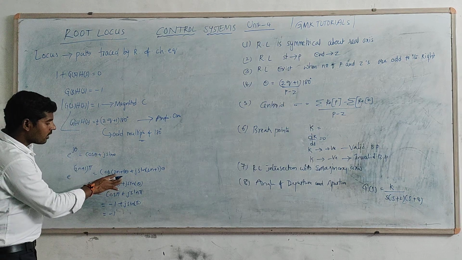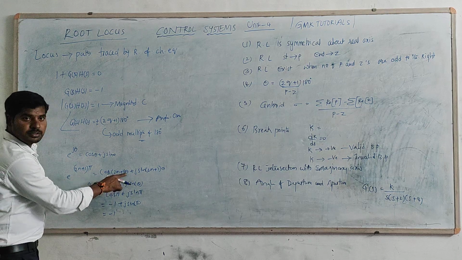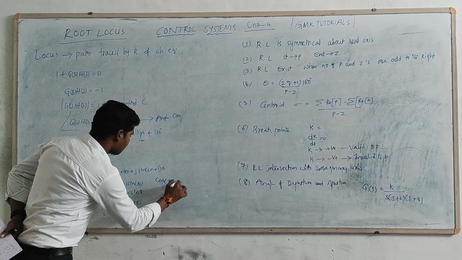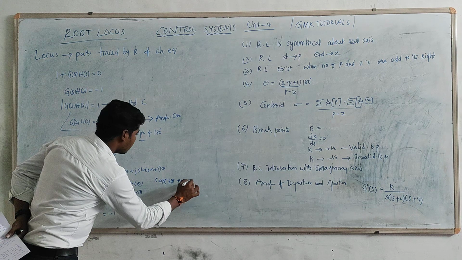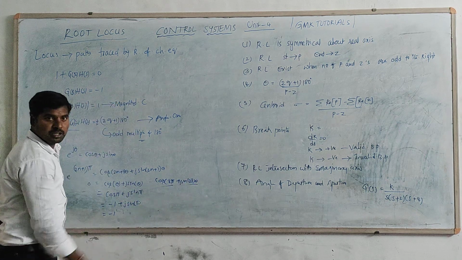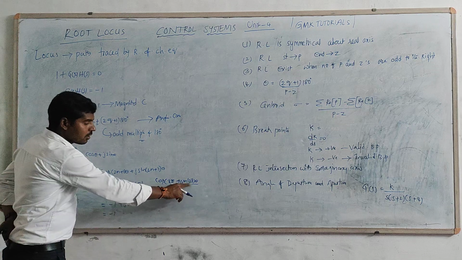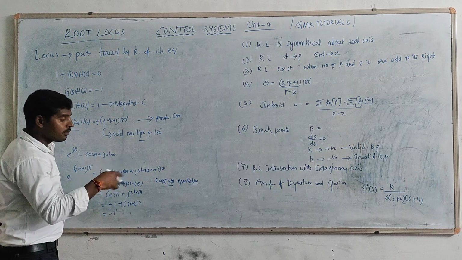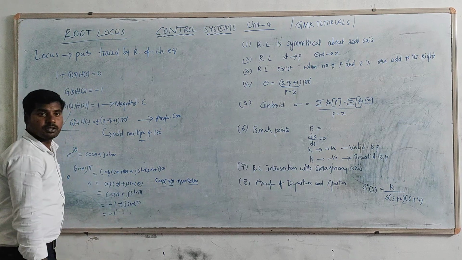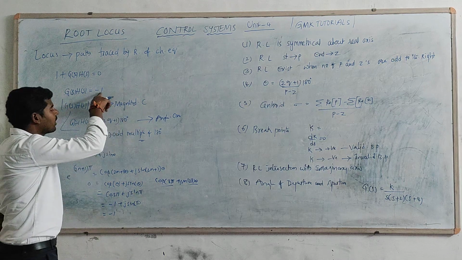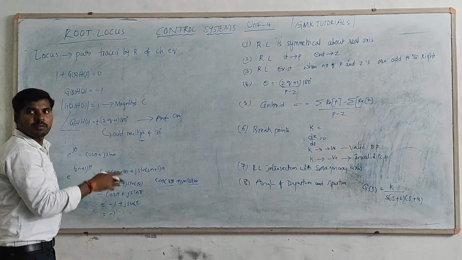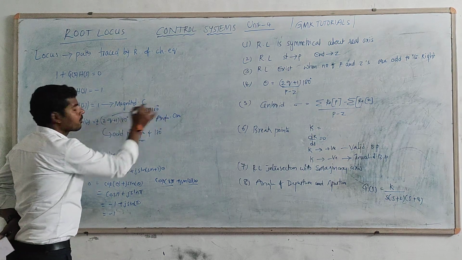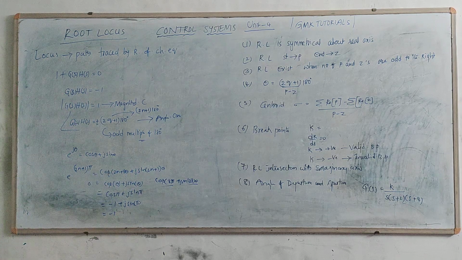Suppose you are taking n is equal to 1, then 2 plus 1 gives cos of 3 pi plus j sin 3 pi. So 3 pi is an odd multiple, and you will get a minus value for the cosine, while the sine value is equal to 0. That is the story behind this one. -1 can be represented as 2q plus 1 or maybe 2n plus 1 into 180. Maybe textbook to textbook they can represent it differently, that is a dummy variable actually.